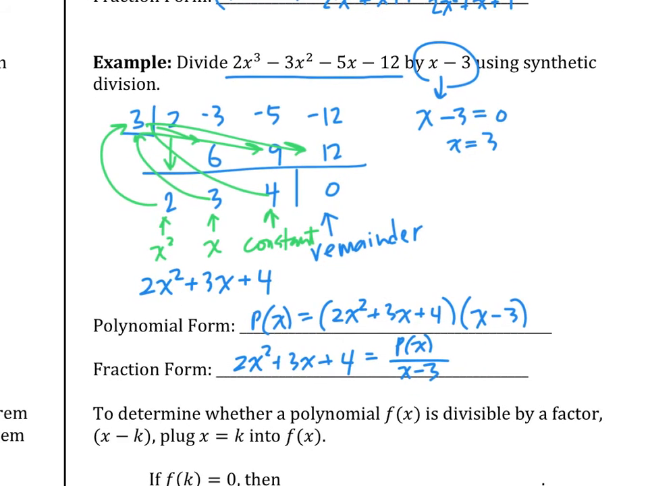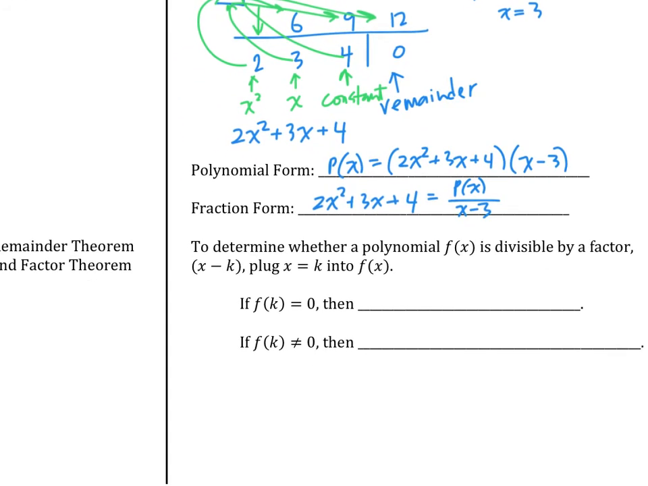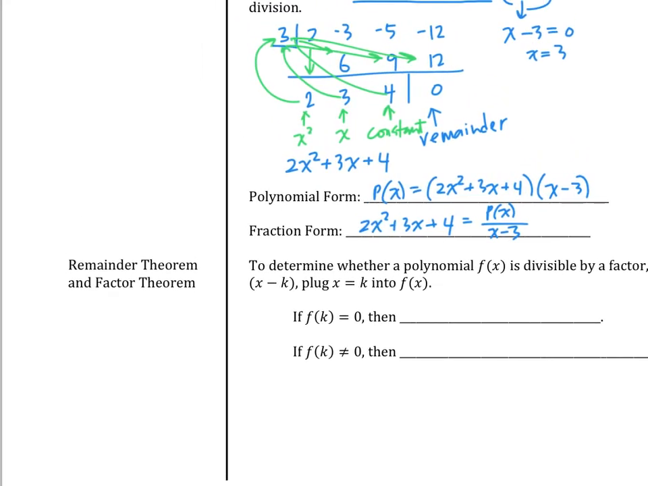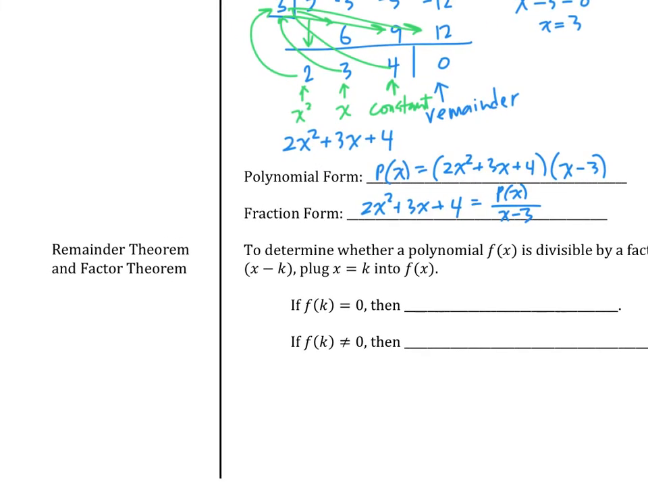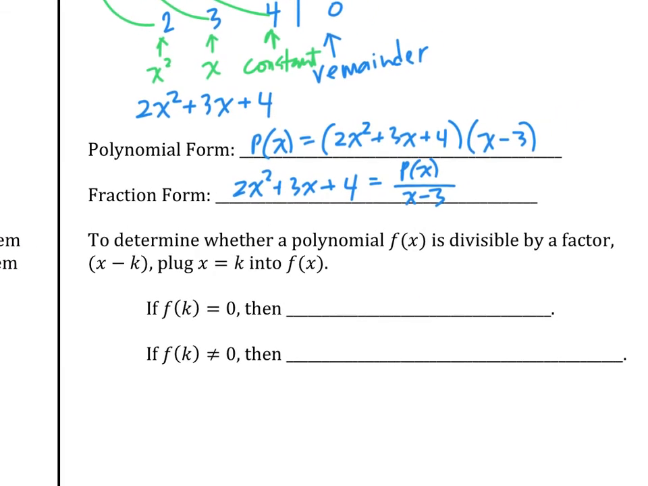Now, it's kind of interesting that we got 0 as a remainder, right? So when we get 0 as a remainder, what does that actually mean about this factor x minus 3, or the zero, which is x equals 3? Well, let's get into the remainder and factor theorem. The remainder and factor theorem says very simply, if you take a polynomial and divide it by a factor x minus k,